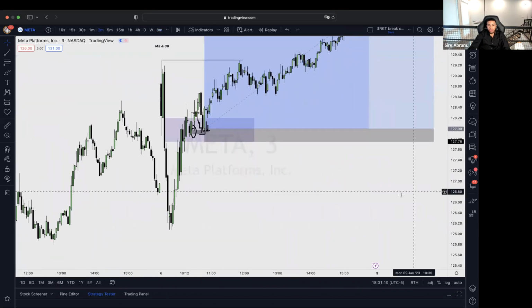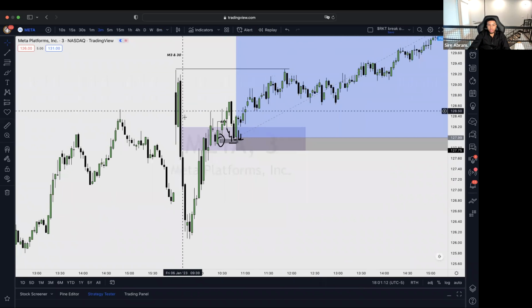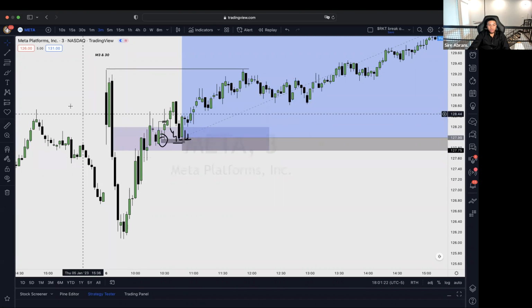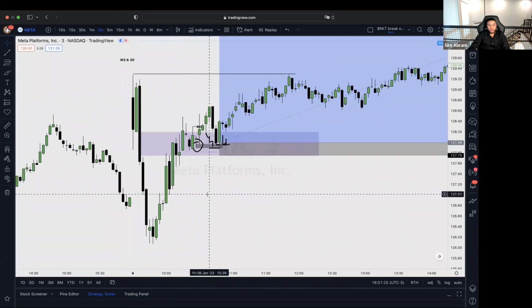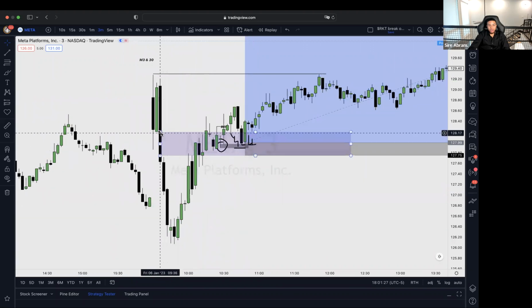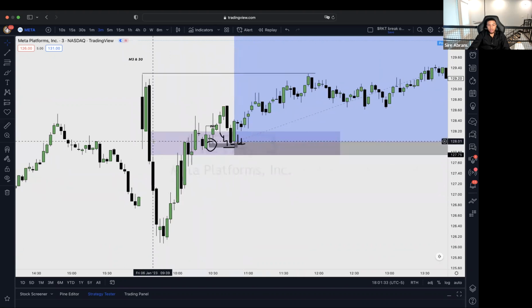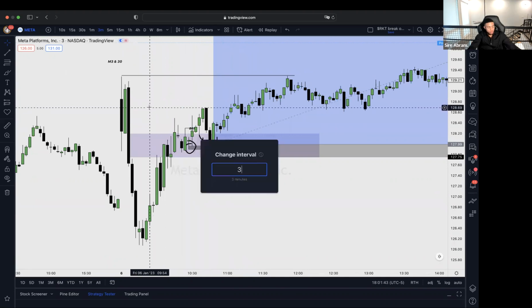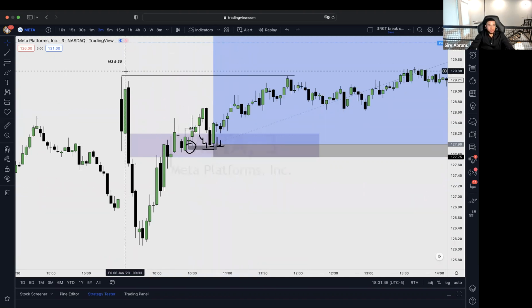So if we look over here, we see Facebook is selling off, and that means the stock is going down. Okay, so this big black candle shows price selling. In between here, we have a fair value gap, and that's just an efficient price action. So right here, we take this high to this low, and in between here, that's where our fair value gap is. So as price runs right through it, I'm looking down on smaller time frames to find a potential entry point to play for the upside.